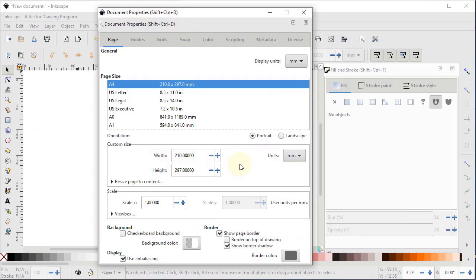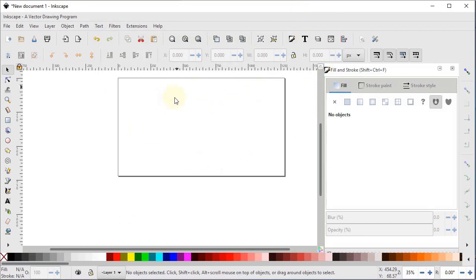In graphic designing, we deal mostly with pixels. So change the display units to pixels and custom units to also pixels. And change the width to some standard like 1280 and height to 720 pixels like this. And simply left click on this cross icon like this. And if you want to fit this page in the screen, then simply click on this zoom to fit page